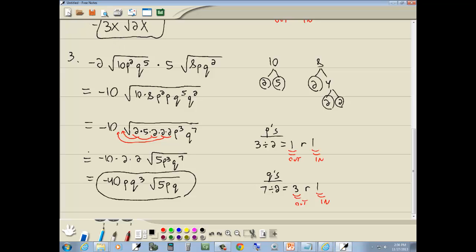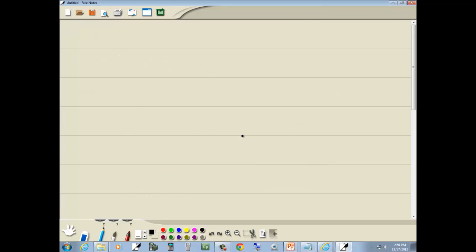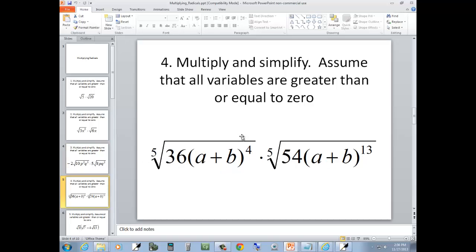Watching this silly TV while I'm doing this. Should be focused on working these problems, but